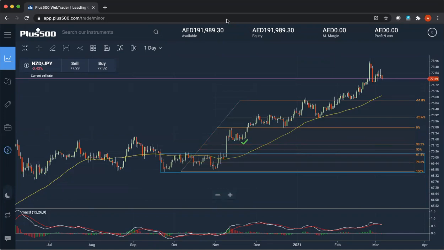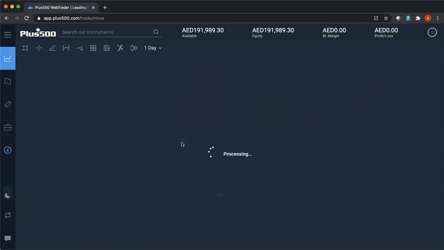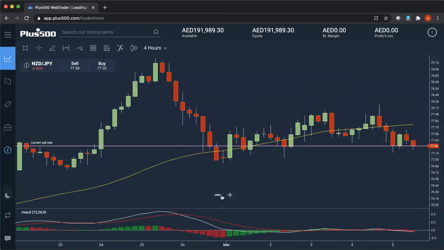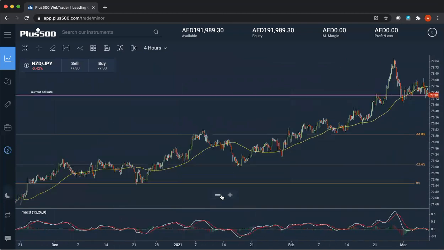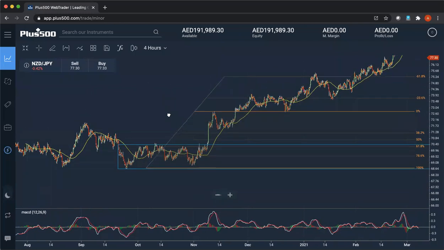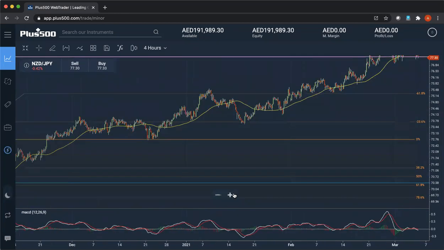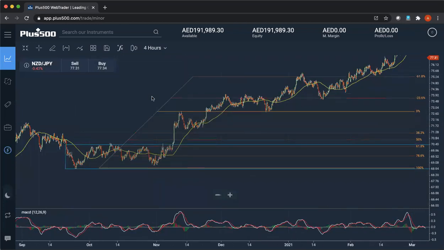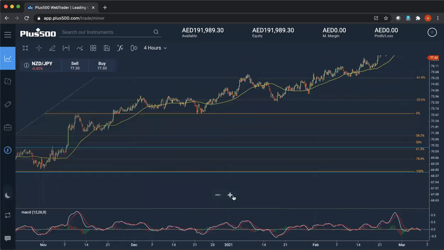Or what else can you do? You can go to the lower time frame, and in the lower time frame, here we can see once the price is going up, coming back here at the retest, not at the retest, I mean as a pullback. In the pullback,